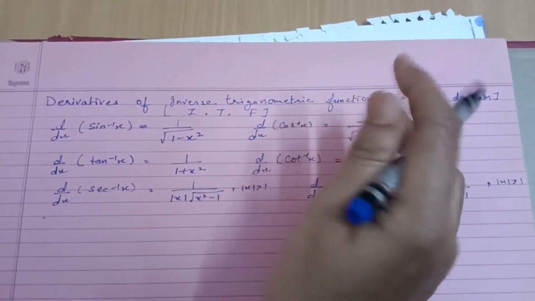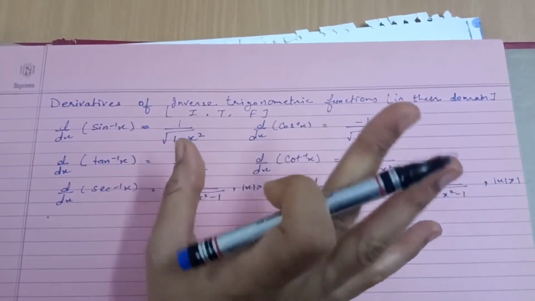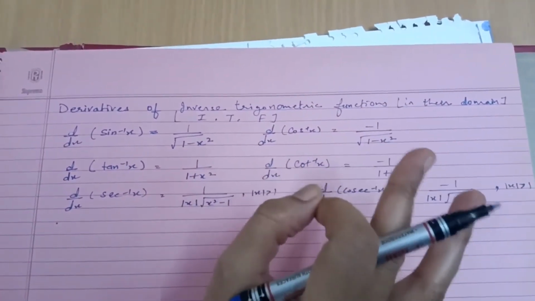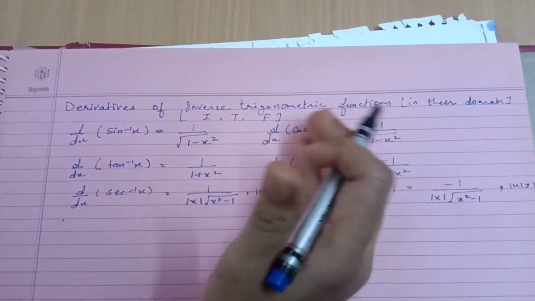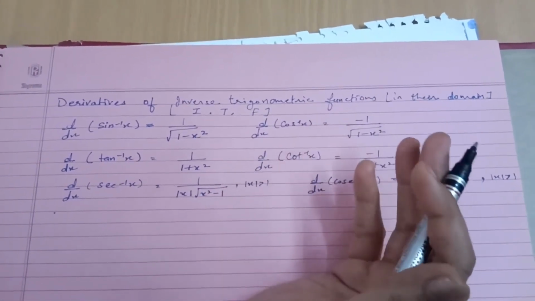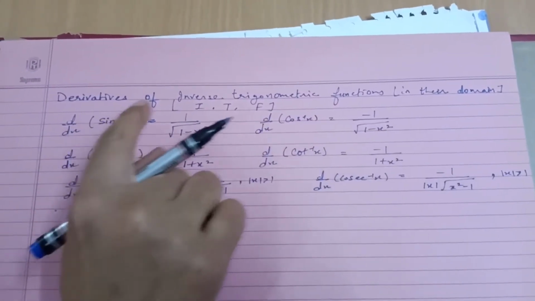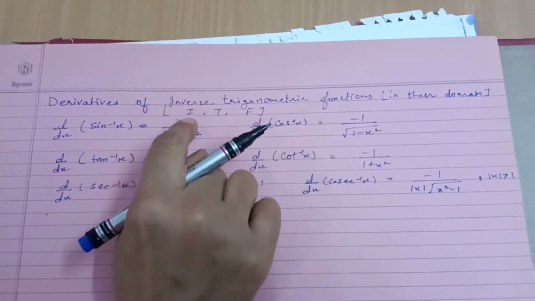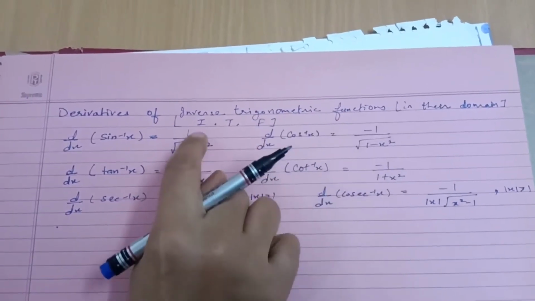Okay, this is actually chapter 2, inverse trigonometric functions, and chapter 1 and chapter 2 are both related, so I have not started it. Directly you can use the formulas and start this exercise. These are functions whose domain and range you need to understand in chapter 2. We will explain it thoroughly in that chapter. Here you need to learn the formulas. Derivatives of inverse trigonometric functions can be written as ITF: inverse I, trigonometric T, and function F.